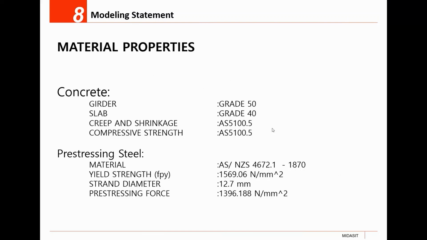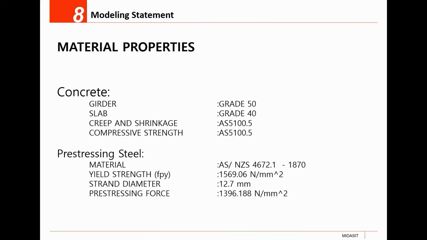Here are the material properties that we would be using for our model. For the girder, we have grade 50 concrete, and for the slab and the substructure, we'll be using grade 40. And then we would be using the function found in AS 5100.5 for concrete design of Australian standard for creep and shrinkage as well as for compressive strength. For our pre-stressing steel or tendons, we will be using the standard from AS or New Zealand Standard 4672.1